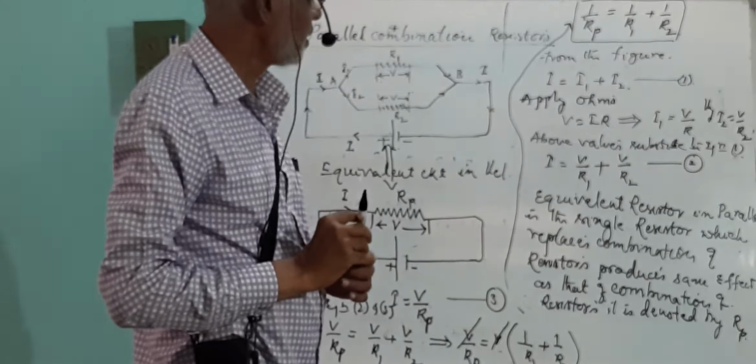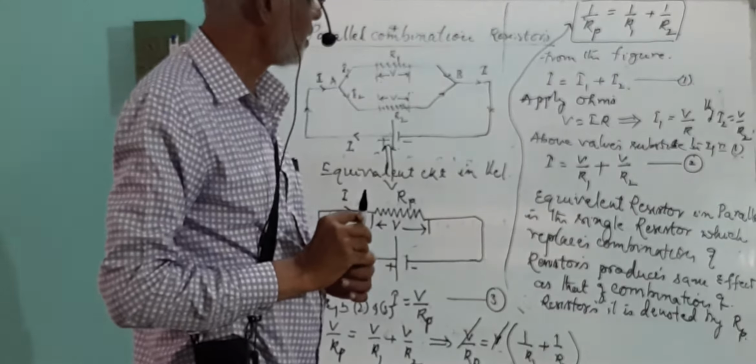One thing I would like to point out is that two or more resistors are said to be connected in parallel if they are connected between two given points. On applying a certain PD across this combination, if the same PD develops across each resistor, then this circuit we call a parallel combination of resistors.